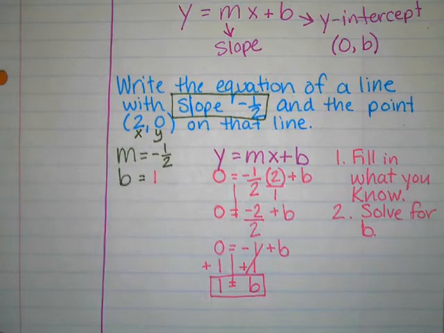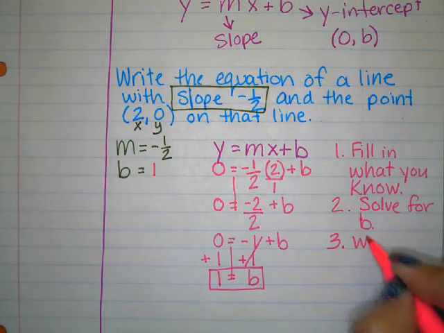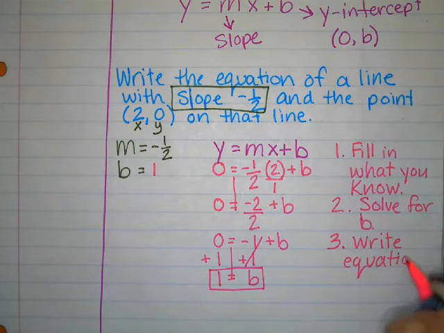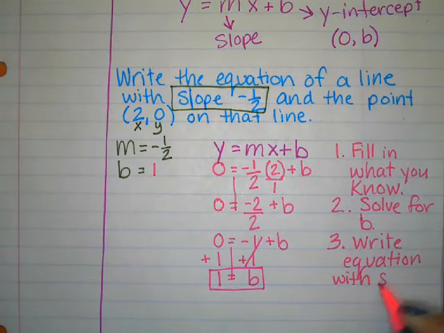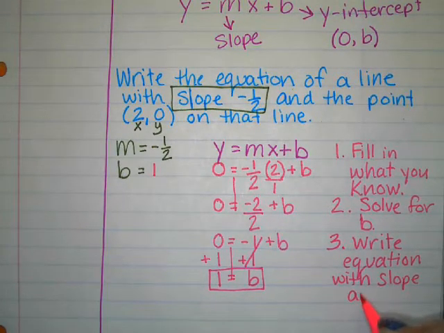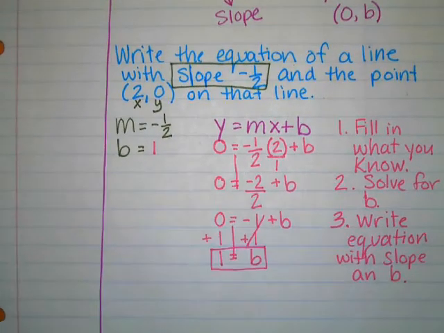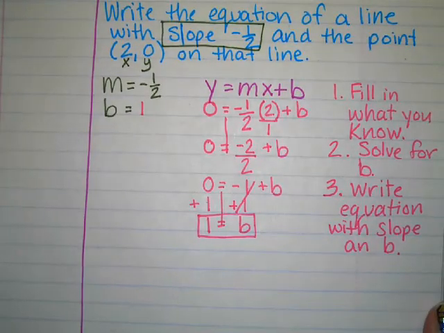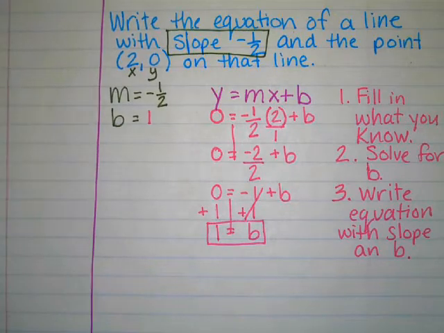So now my final step, step 3, is to write the equation with the slope and b that we found. So the slope and b. Let me move my camera down a little bit here. So if this equation has an m value of -1/2 and a b value of 1, when I write my equation,